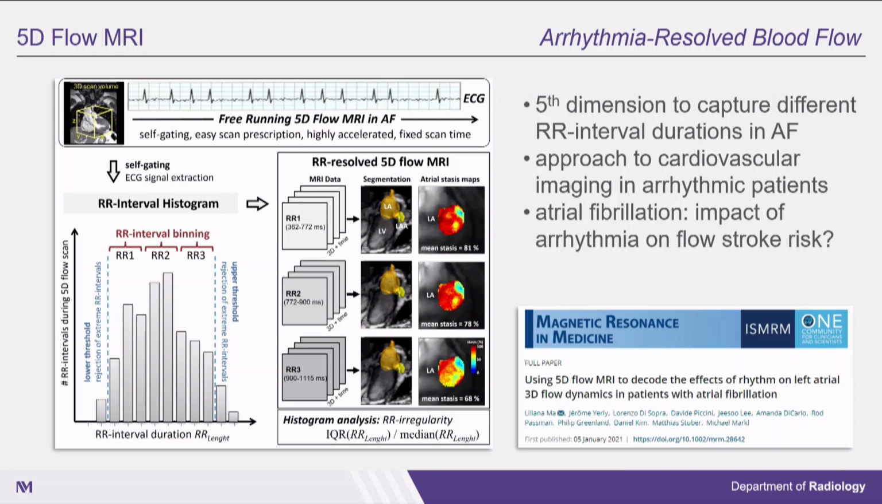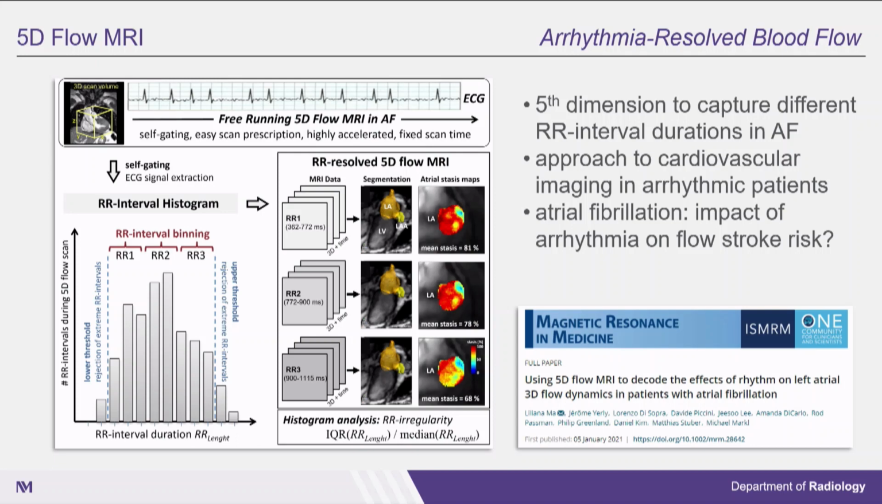And then some work that I personally find interesting that we've started recently is you could use the fifth dimension, not for respiration, but for RR interval duration in patients with arrhythmia. So I find this interesting because obviously if you want to do 4D flow or 5D flow in arrhythmia, you're averaging over many cardiac cycles, and then you don't even know what that averaging effect does to your data. So in this case, we just use this to collect a histogram of the R interval durations,